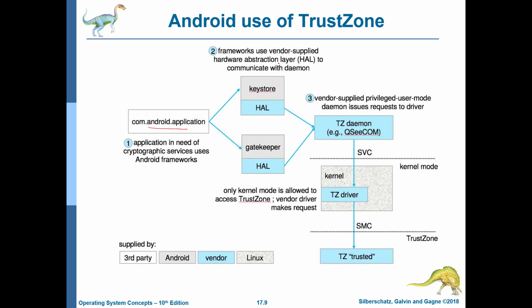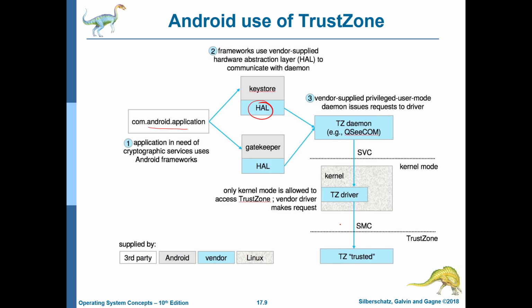Frameworks use a vendor supplied hardware abstraction layer to communicate with a daemon. The hardware abstraction layer basically allows you to abstract the hardware such that you can communicate with the TrustZone daemon. This is vendor supplied, in the sense that whoever is supplying the chip provides a privileged user mode daemon. So this issues a request to the TrustZone driver via the kernel, and then the kernel basically